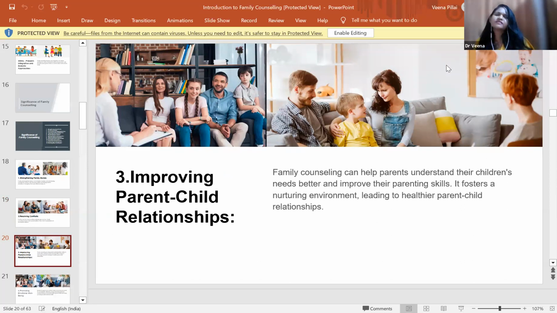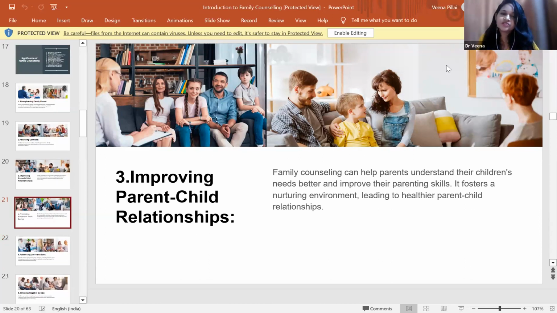Nowadays we could see a lot of nuclear families evolving. In olden days there used to be a joint family system wherein you had one or the other family member to support you or to guide you. But nowadays, because of this nuclear family concept, children would find themselves secluded or alone, not having anyone to interact with. So family counseling would be helpful to foster a nurturing environment, and also lead to a healthier parent-child relationship,